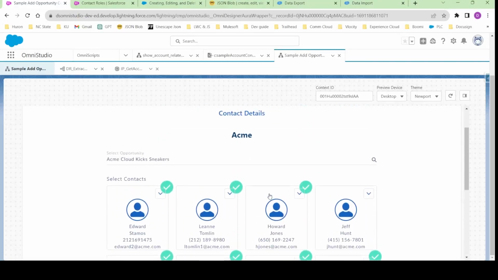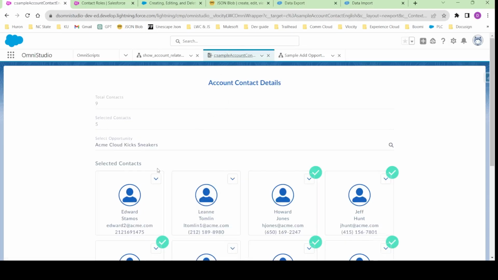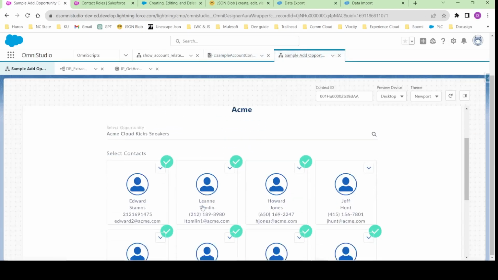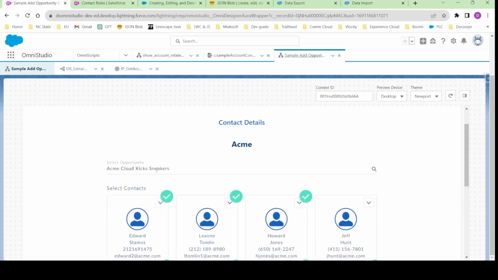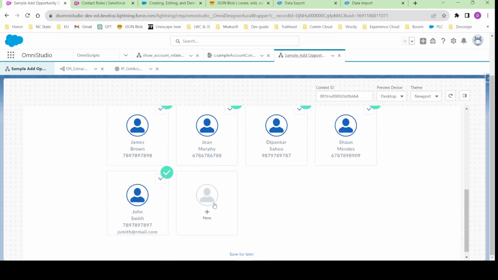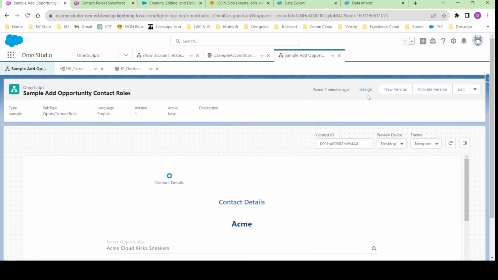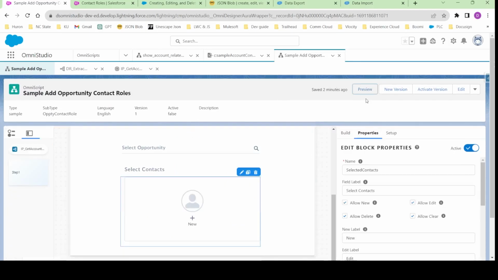And in the last session we have already achieved this screen where we were able to select the opportunity and select the contacts. And in this particular video we are going to link these contacts to the opportunity we have selected, right? So to do that we are going to create something known as an integration procedure. Okay, so to do that